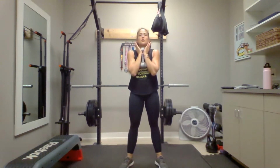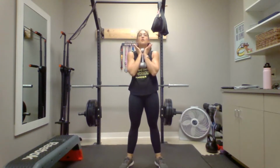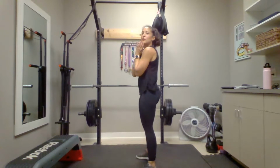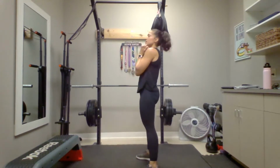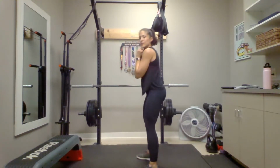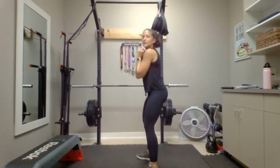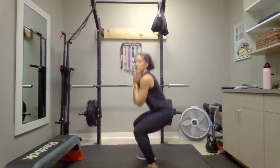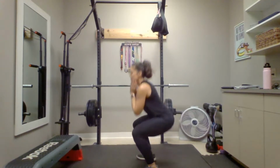Now we're gonna go straight into the full goblet. 1, 2, 3, 4. Try to keep your chest up, slightly leaning forward, right? 6, 7, 8, but we're not doing this, okay? 9, 10, 10 more, 11, 12,